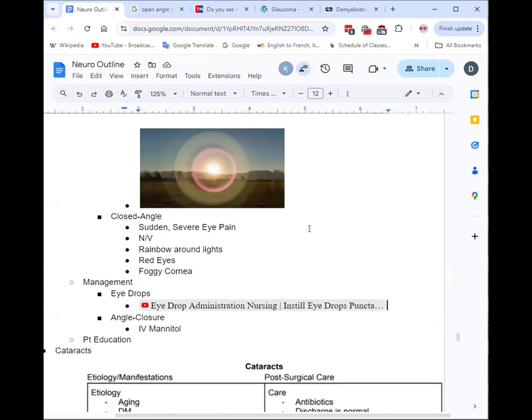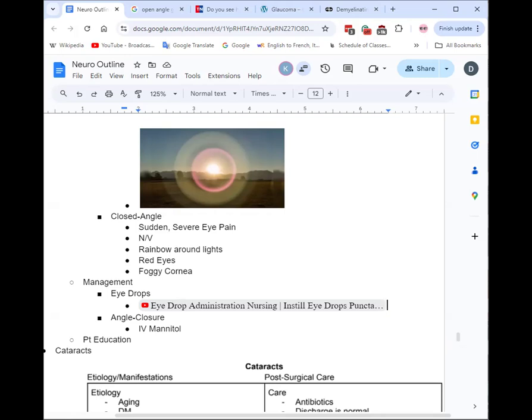You also want to make sure it's meant to be put inside the little pocket. If you grab your little eyelid and pull out, it's like a little pocket. It's meant to go inside of there, not directly on your eye. You can apply some pressure to keep it from having a systemic effect, kind of just going into your eye, because it's still a beta blocker.